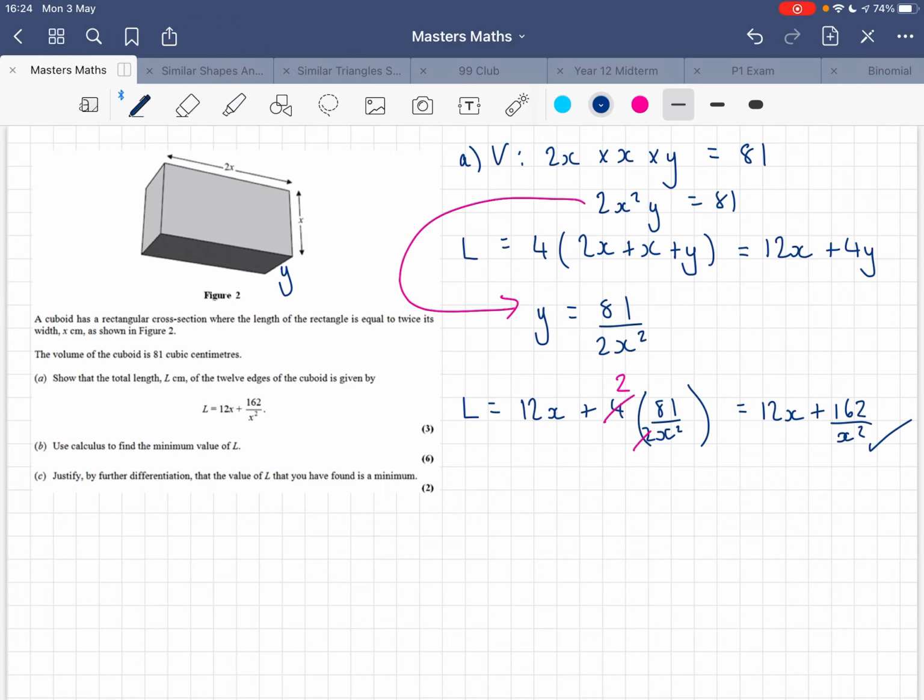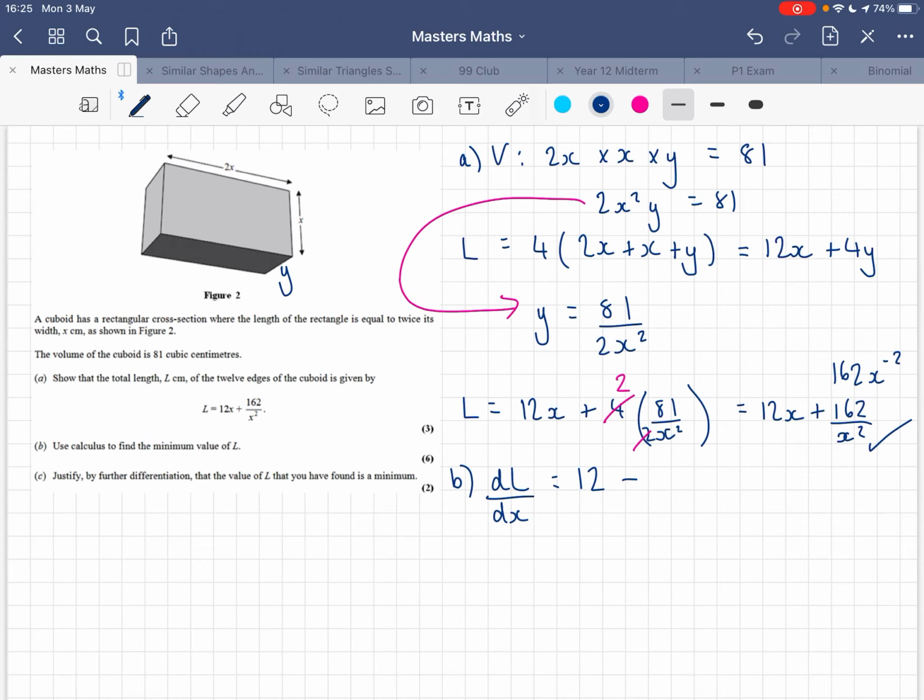We want to use that and use differentiation to find the minimum value of L. So we're going to differentiate to find the minimum value and put it equal to 0. So we are finding dL by dx, differentiating L with respect to x, which gives us 12. If I put 162 as a power of x, it's 162x to the power of negative 2. So when I multiply the negative 2 by 162, I get negative